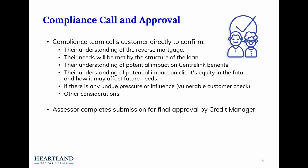Regulation, and how it may affect future needs. So it's like I spoke about earlier, looking at their future needs and the